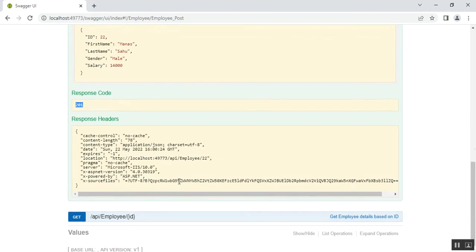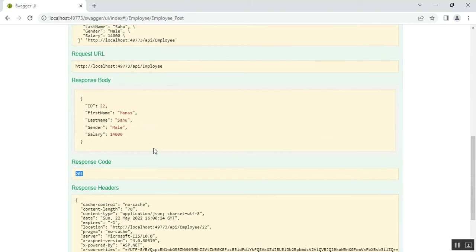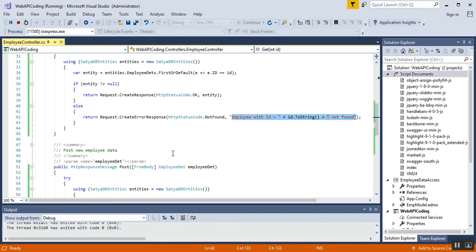And so this is all about the newly created item, it's generated, right? And one more thing I'll show you is the location. You can see in the response header we have status code 201 Created for the newly created item, and also the location, that is the URI of the newly created item. You can see in the location section the newly created item for api/employee/22. So these things are generated because of that